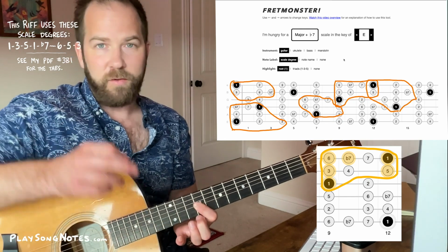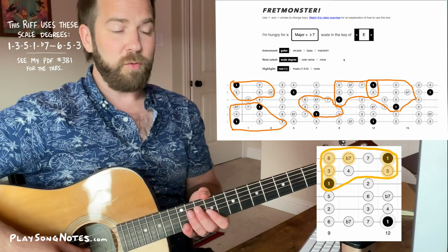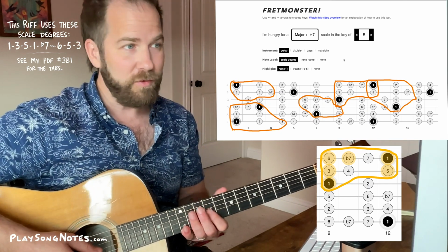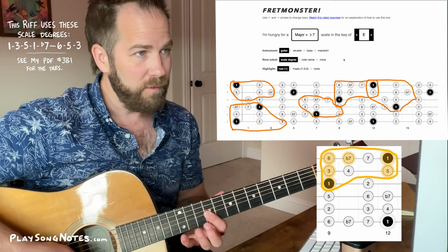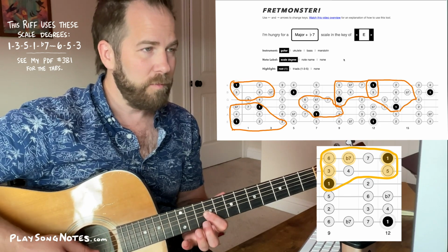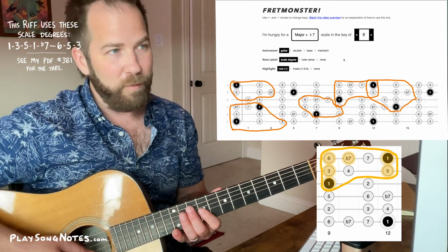Look how my index finger stays barred the entire time. Now, I've played enough guitar to know that those are the sort of things you want to keep an eye out for because it's an opportunity for efficiency. Now, it helps if you're not messing up like I am right now, but basically,